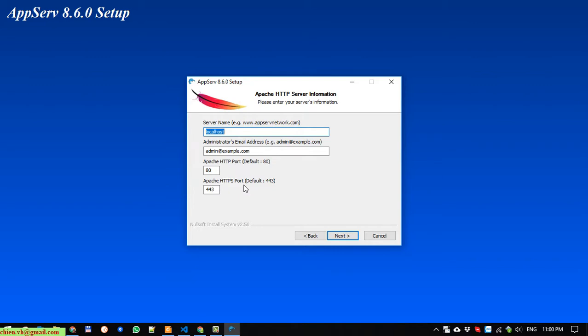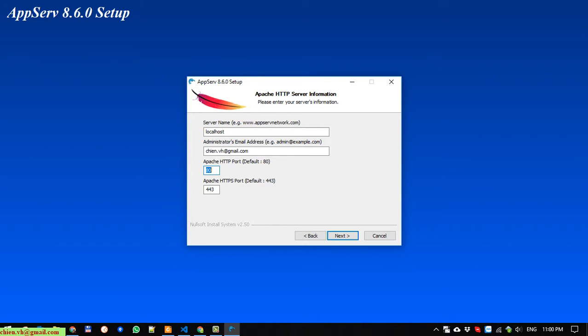And here, the next one, you have to do the configuration for the Apache server information on the PC. The server name should be localhost. Okay, cool. And the email here, you can change it to ChienVH@gmail.com. And the Apache port here, by default it will select port 80, but here I'm using another